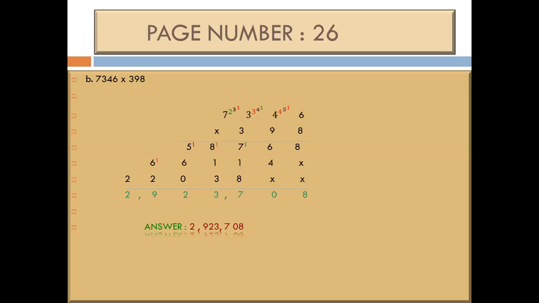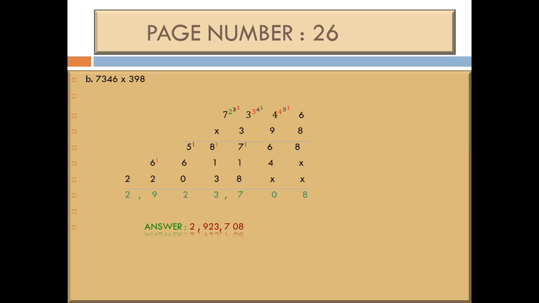We always start, either we have a 2-digit number or a 3-digit number, from the ones place, from right to left. First, we complete the multiplication with the number which lies on the ones place. Then we come to the tens place and complete the multiplication with the tens place number. And always remember that we put the cross sign or 0 under the ones place digit. Then come to the 100 place number, and when you start the multiplication, you put 2 crosses or 2 zeros under the ones digit and under the tens digit.